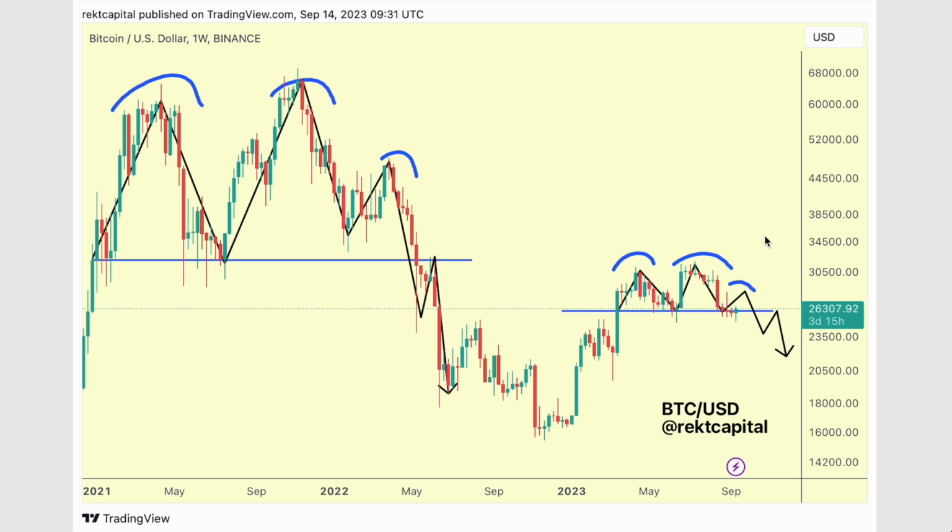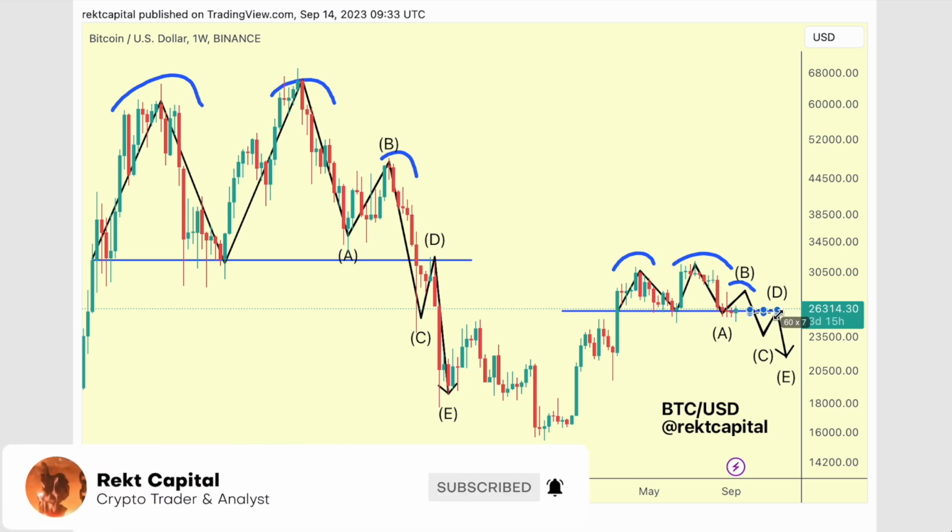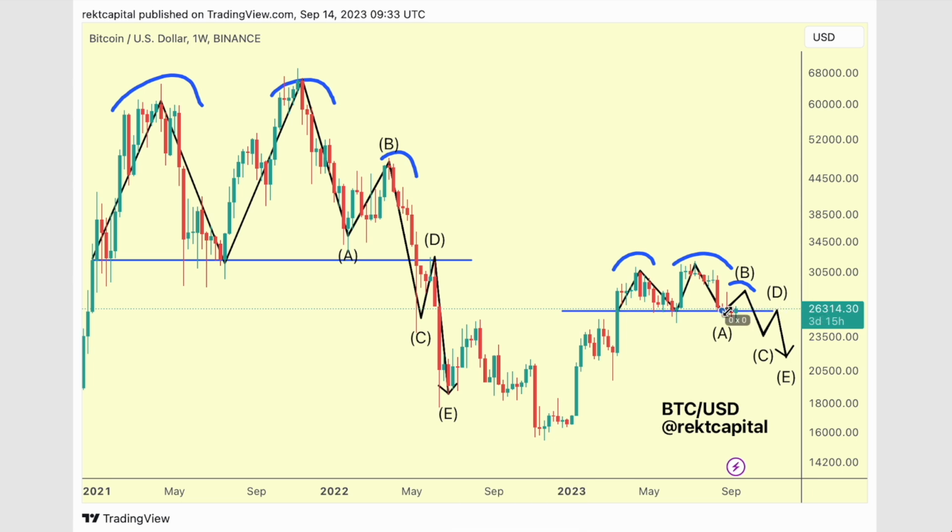So what's compelling about these two fractals right over here is that we're seeing them not only mirror each other, 2021 and 2023, but also we're seeing them mirror with 2019 and the local top in the pre-halving year. So the question remains, are we in phase A to B? And if 26k continues to provide support and enables a bounce, then very much on the horizon a relief rally. But generally speaking, this relief rally, whether it's happening now or we forego it altogether and just skip into this B to C move, then C to D move to turn this 26k level into a resistance, generally speaking, it does look like the trend could be down,